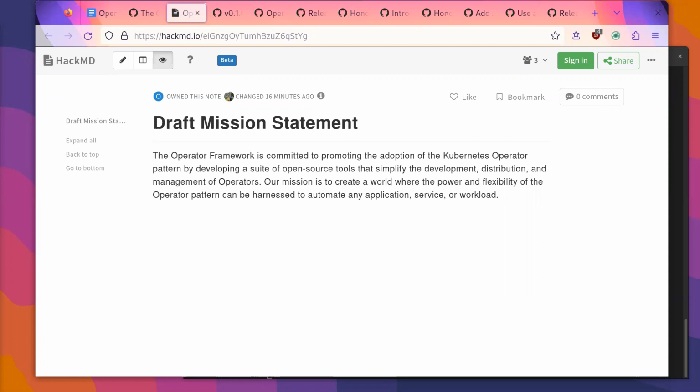But it's still in draft mode, and I really implore all of you to get involved and help contribute to this mission statement so that we have a general guiding principle as to what it is we're trying to do that can be shared with anybody new to the community as they start getting involved. So thank you for any comments that you make, and I'll look forward to continuing this conversation.